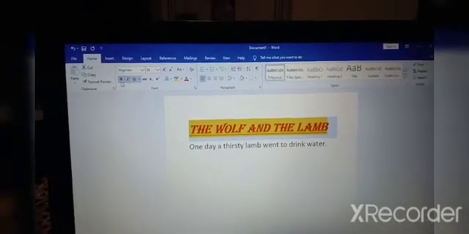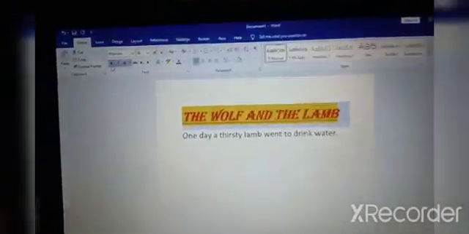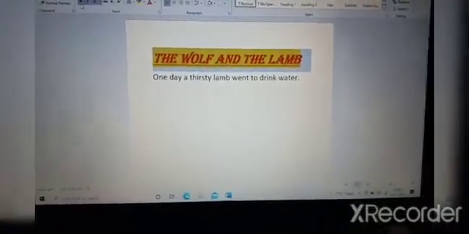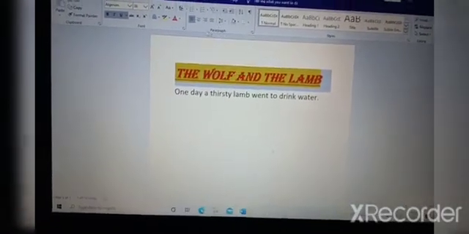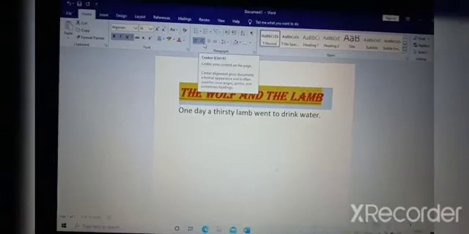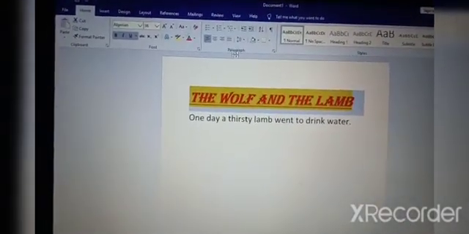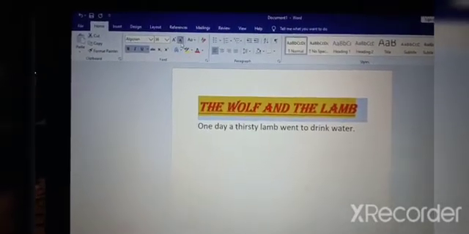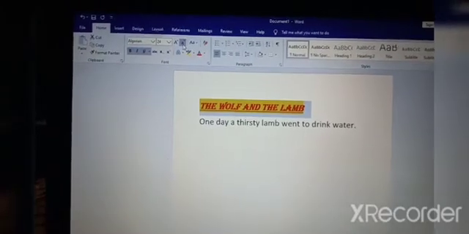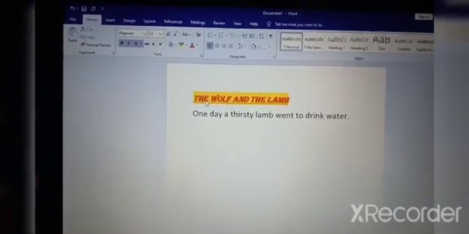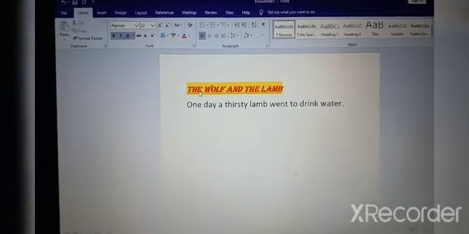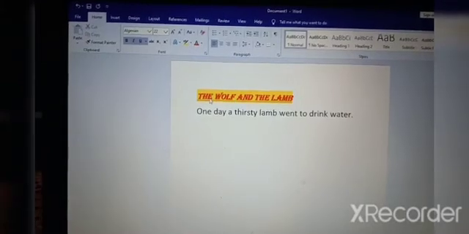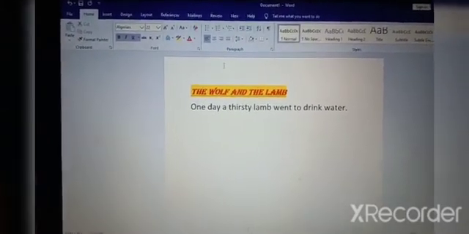Now we will see changing the alignment. Okay, changing alignment. See, children, what is changing alignment? It is aligning your text in the paragraph. The alignment option is in your Paragraph group, Home tab, Paragraph group. Now I will decrease the font a little bit and I will show you how to align the text. You can align text in 4 different ways to enhance the appearance of your document. There are 4 options for the alignment.